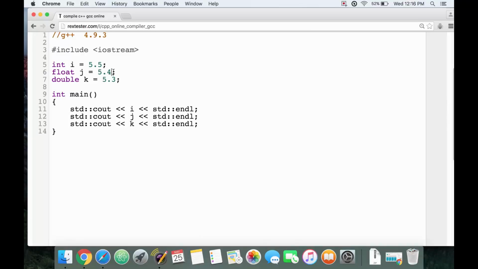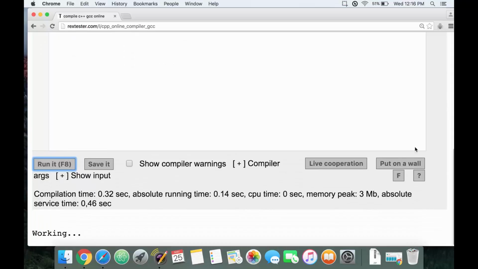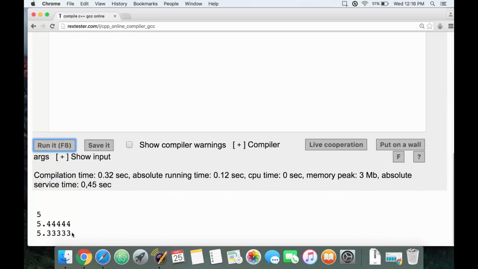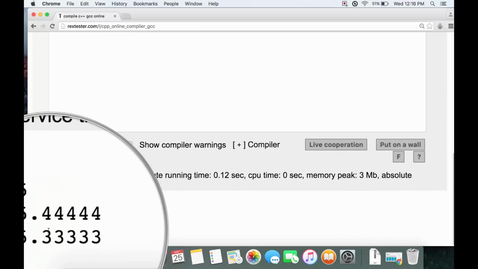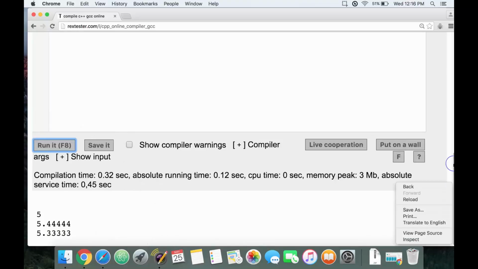Let's see how many decimal places these two can recognize. Let's just add some arbitrary 4s there. We have 1, 2, 3, 4, 5. Let's do 12 4s, and we'll do the same with 3s. Let's scroll down to the bottom. We'll click Run It. As we see here, the compiler is only recognizing 5 decimal places, and it's the same for both floats and